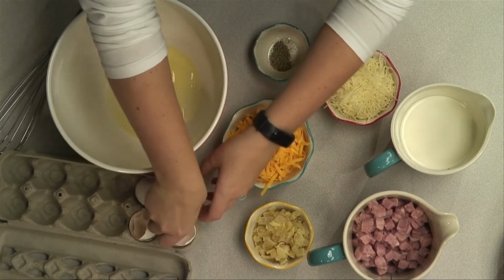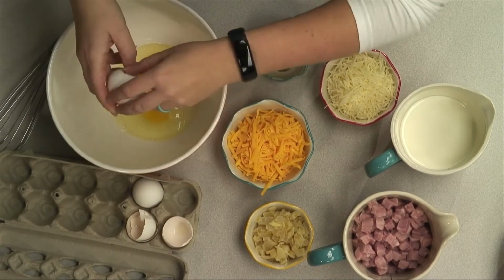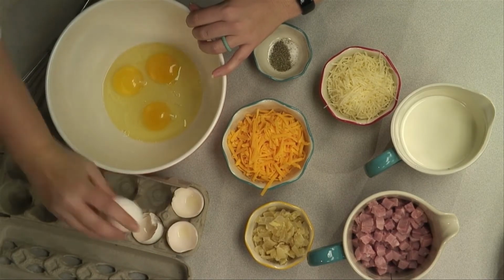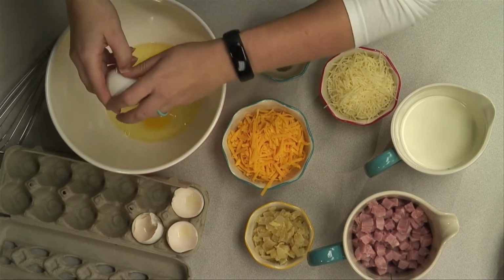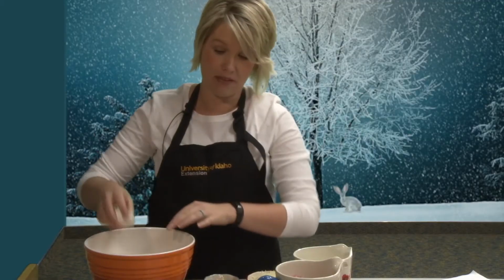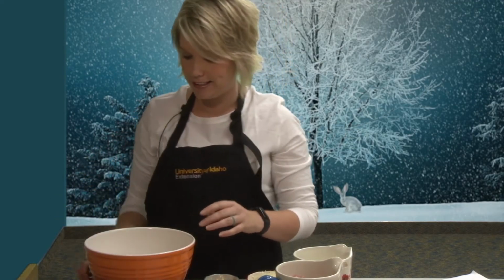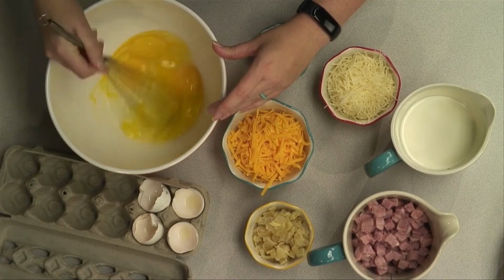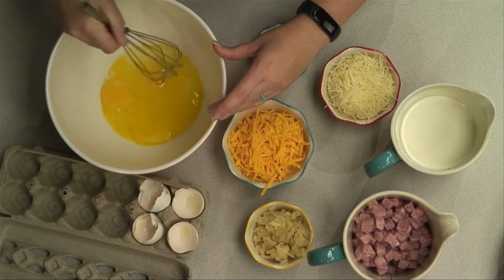I like quiche dishes because eggs are something that my kids will eat really readily, and it's something we usually have available at our house, and it's a great source of protein. The fun thing about quiche is you can make them for breakfast, but they also work well for lunches and dinners. So you're gonna wanna beat your eggs just slightly so they'll mix in a little easier with your other